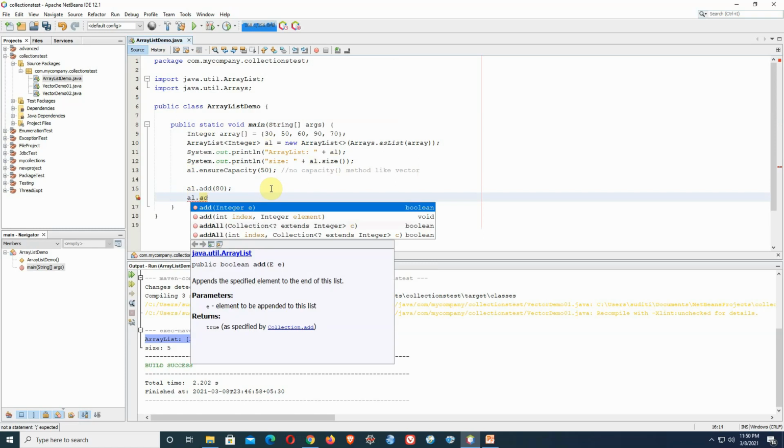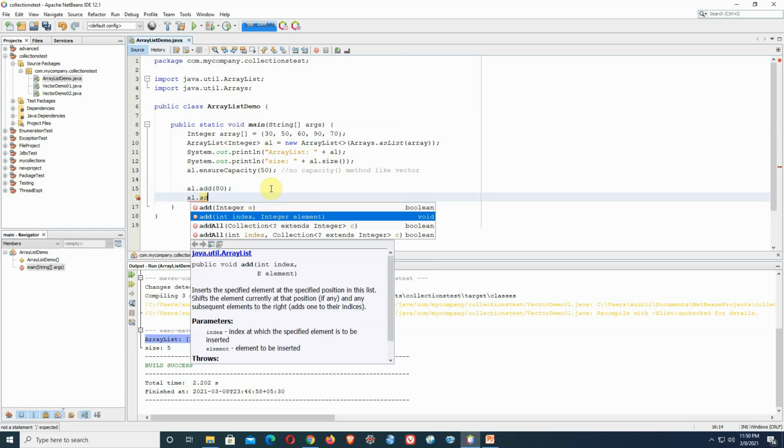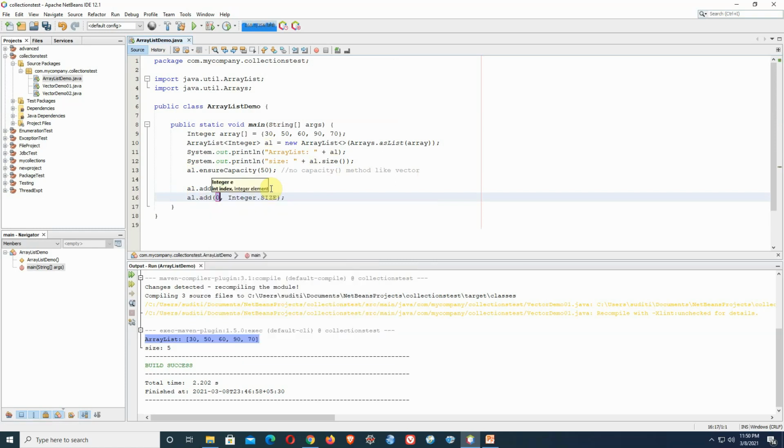You can see it, there is another overloaded version of this particular add method. Suppose I am adding here the element 20 at the index number 2 position, so that is done here.